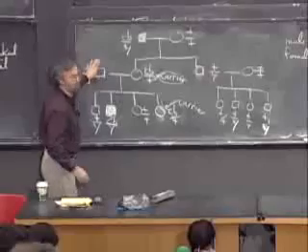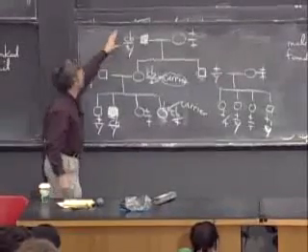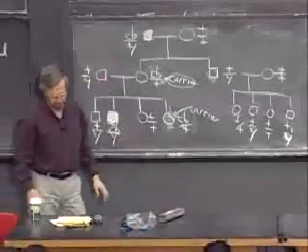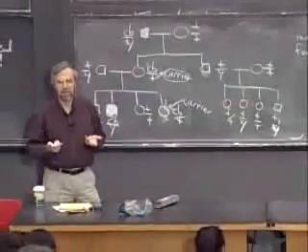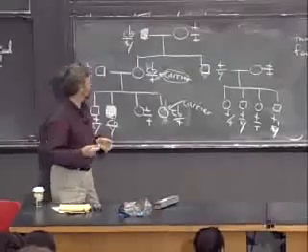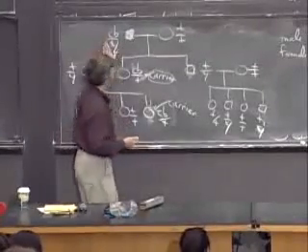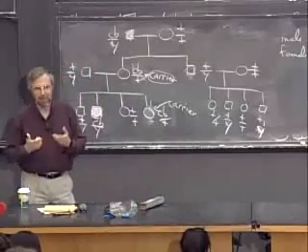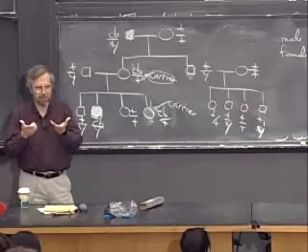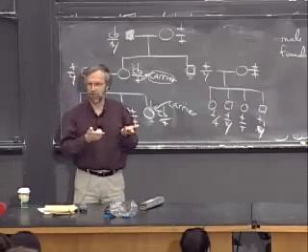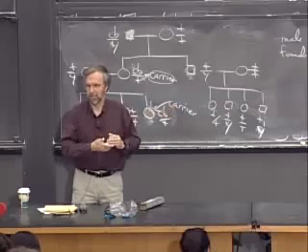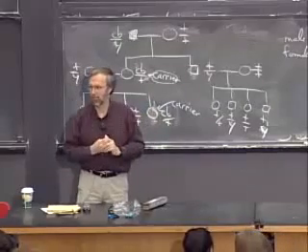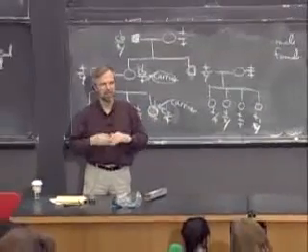The trait skips a generation, they often say. You see it here, but you don't see it in between, and that's because you have this carrier. The affected males don't transmit to their sons, because what they give to their sons is the Y, so they can't be giving the color blindness allele. And then the heterozygous females who are carriers will transmit the trait to their sons, but half the time. And that's a pattern that a human geneticist would look for, and they'd say, aha, must be an X-linked trait,